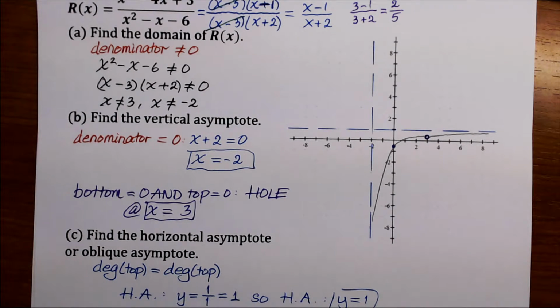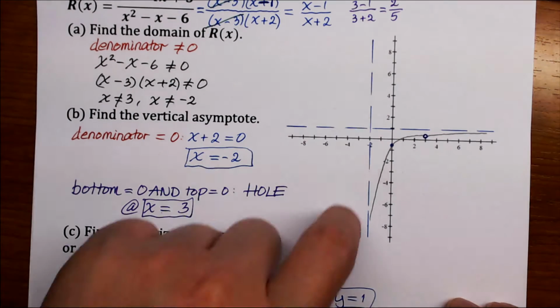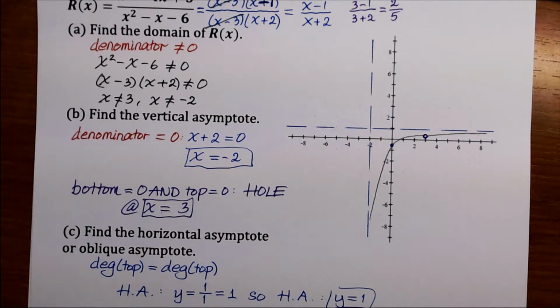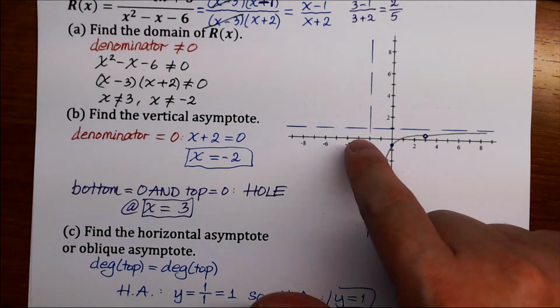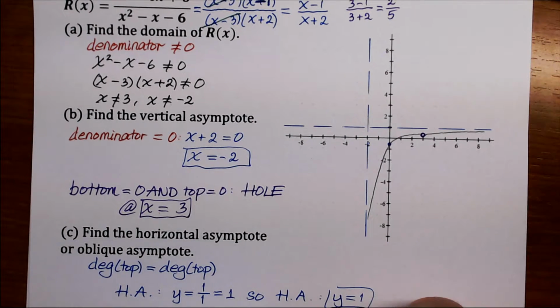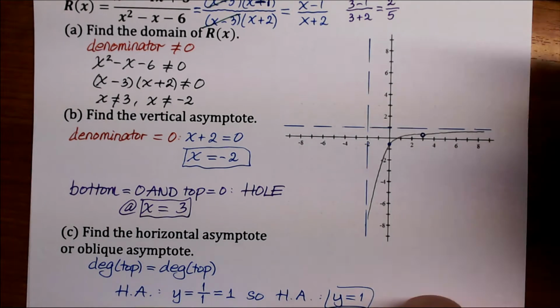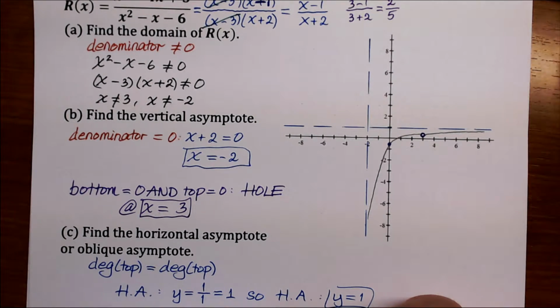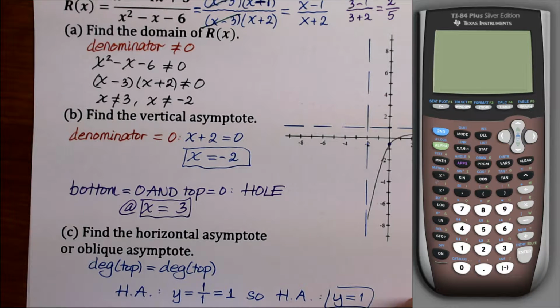Over here, we do need to choose some point though. So let's say when x equal to negative 4 or something, negative 4, negative 6, or anything less than negative 2. I'll use the calculator on this one, it will be faster. So if I put, for example, negative 4,